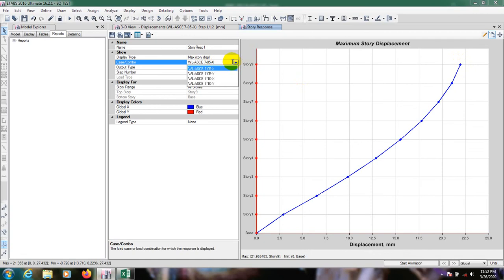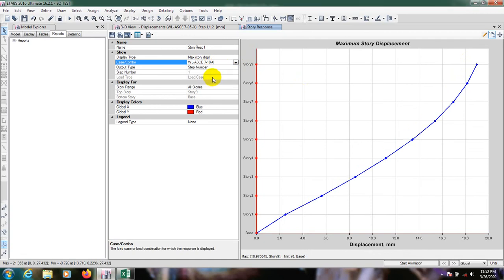So I'll go for 10. Here we're seeing that according to 10 our maximum displacement is 18.9597, and if we go for Y direction, it's showing that according to Y direction the maximum displacement is 11.15, and for 10 it's showing 9.58. So we are seeing that according to 05 or according to 10 it's showing us a difference between the value. I mean the 10 is showing us more economical design,